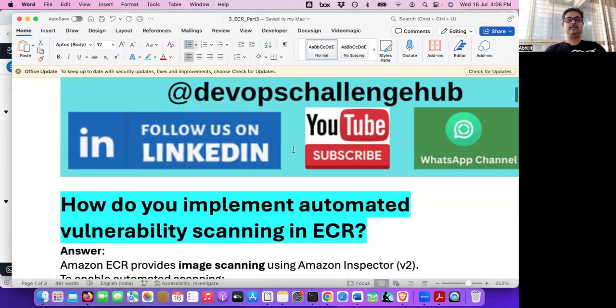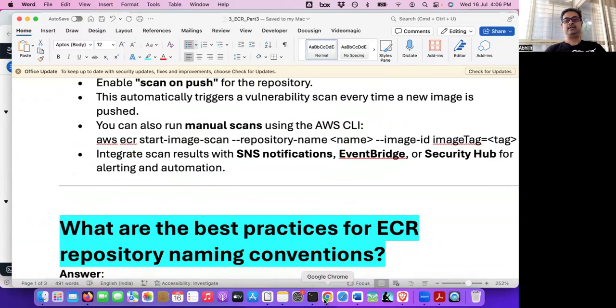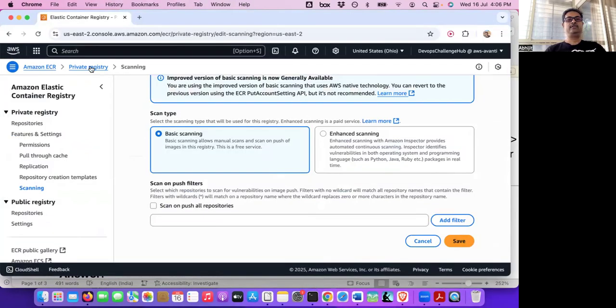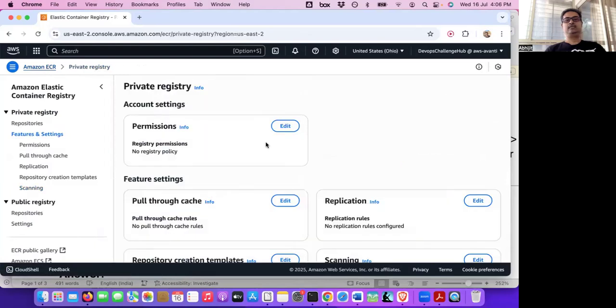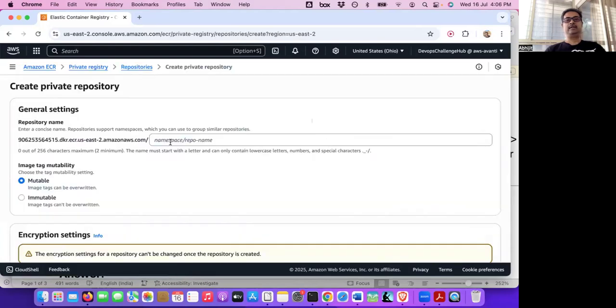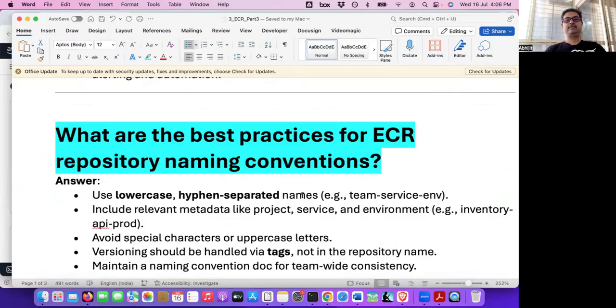Next question is, what are the best practices for ECR repo naming convention? So what kind of name should we give for the repository? It should be in lowercase. Whatever name I give here as the repo name, it should be lowercase and we should use hyphens. Lowercase, hyphen separated, like